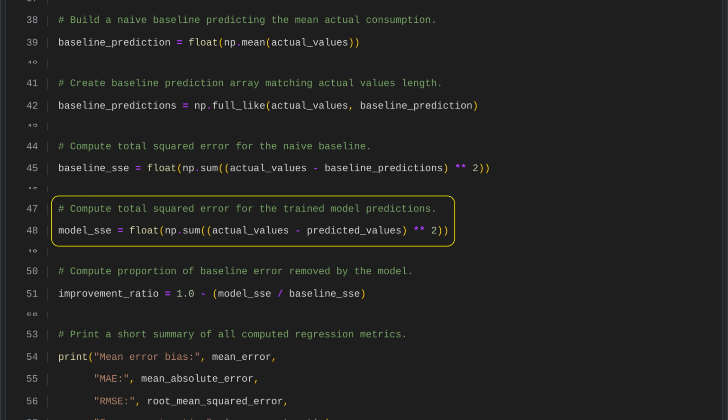The code computes the total squared error of the model's predictions. It first finds the error for each data point by subtracting the predicted value from the actual value. Each error is then squared to give more weight to larger mistakes. These squared errors are added together to produce the total squared error, which is finally converted to a floating point